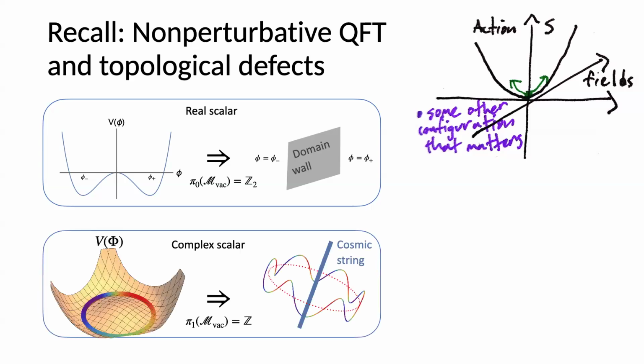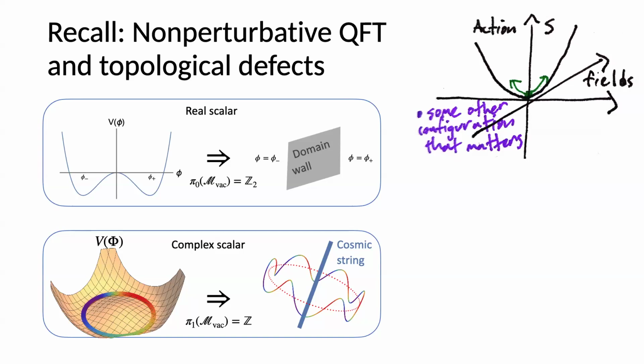If you let me just bend your mind slightly further, if you haven't thought about just a complex scalar that spontaneously breaks a U1 symmetry. This is an even richer sort of scenario. Now the vacuum states form a full circle, and the vacuum manifold isn't disconnected in the sense that it was in this case, but in fact, there's a higher notion of disconnectedness classified by, again, a homotopy group, which leads to the appearance of non-perturbative objects made out of these quantum fields known as cosmic strings, around which the phase of the scalar rotates.